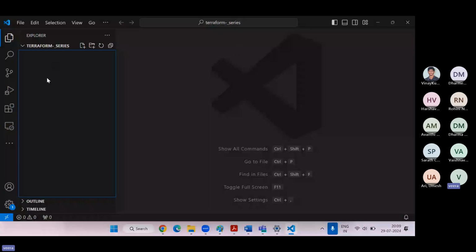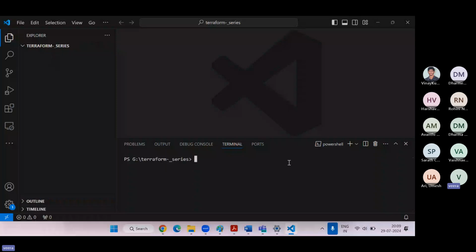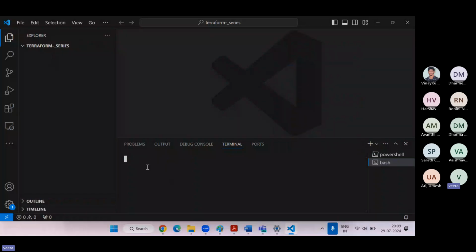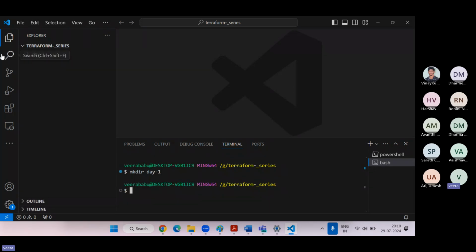Here I'm going to create a folder inside the project. There is a terminal here. In this terminal you can directly open Git Bash. Better, we can push the code also after completing this task, I mean day 1, day 2, whatever. Here I'm going to create a directory, day 1, like this. See, the day 1 directory is created. Inside you can create files.